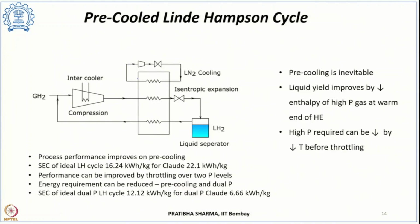Okay, this is the pre-cooled Linde-Hampson cycle. Okay, what is happening here? This is the intermediate cooling compression process. Okay, this is the heat exchanger here. This heat exchanger,